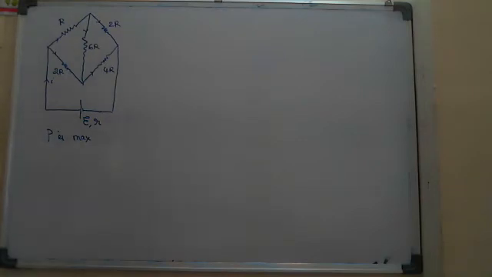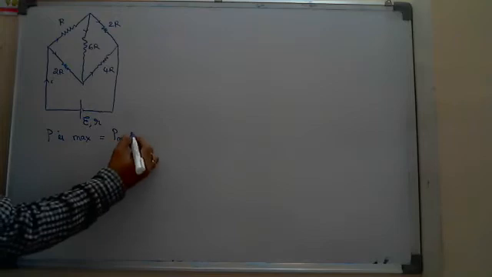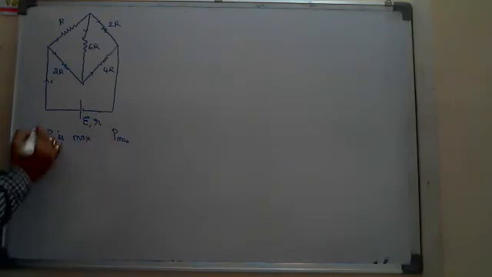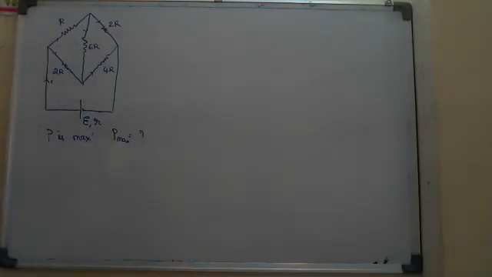Then here my question is, what will be that maximum power? P max is equal to how much? P is maximum in the circuit. What will be the power maximum? But the problem is the internal resistance, which we have to find out, is not given, but it is not equal to 0. It means you have to give the final answer in terms of only E.